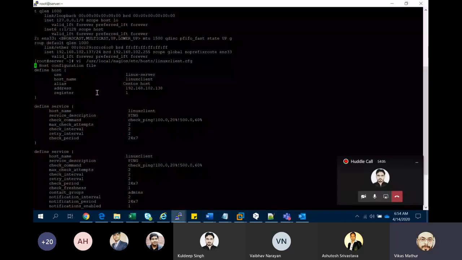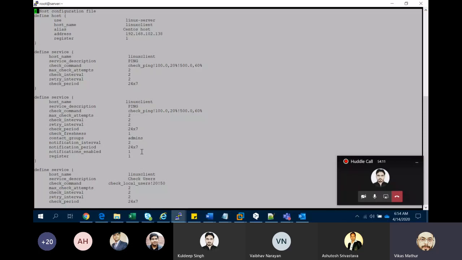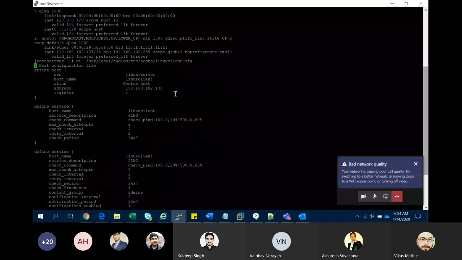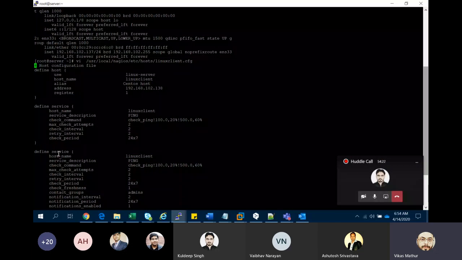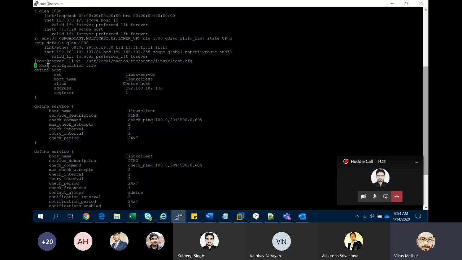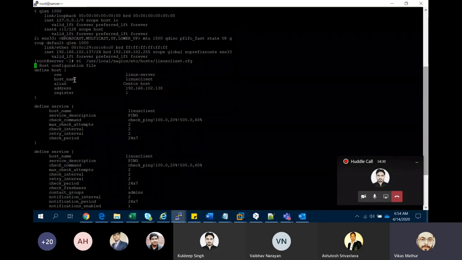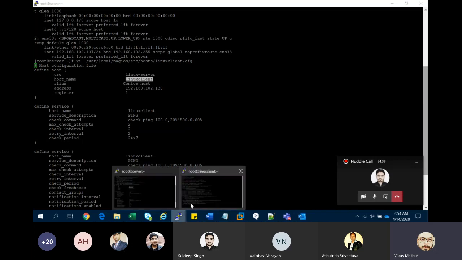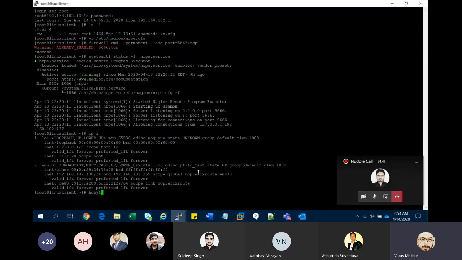In the server, I want to monitor from the host machines. So this is the particular template I can download from the internet. You can easily search for it on the internet. The first thing is the host configuration. In the host configuration, the very important thing is that you have to change your host machine. My host machine is linux-client. If I type here and see the host name, you can see linux-client.